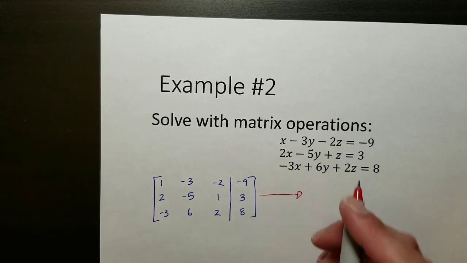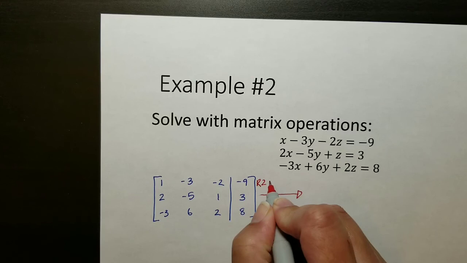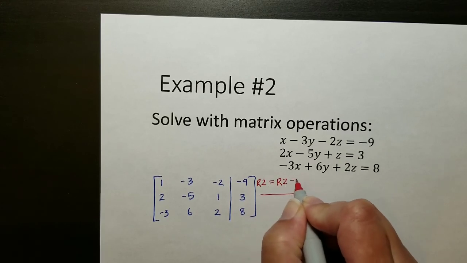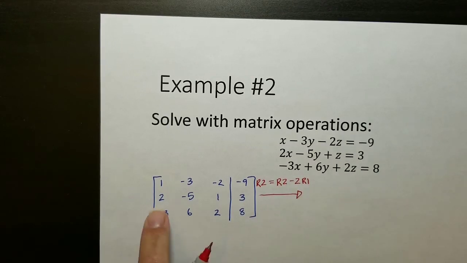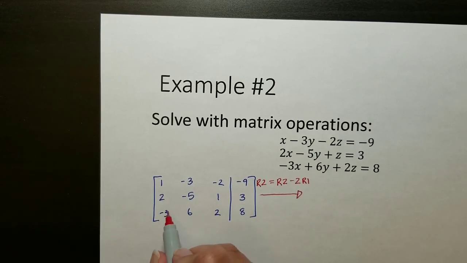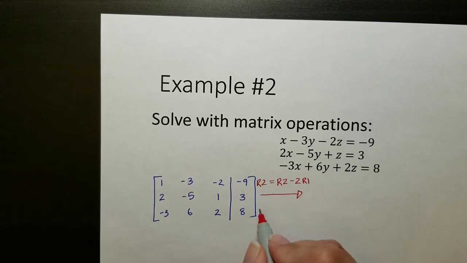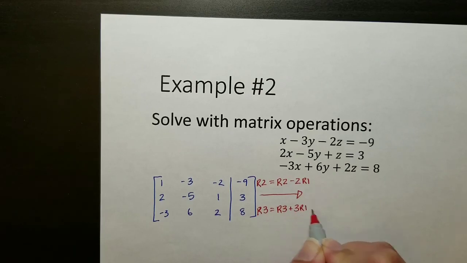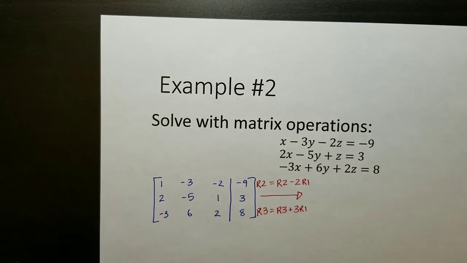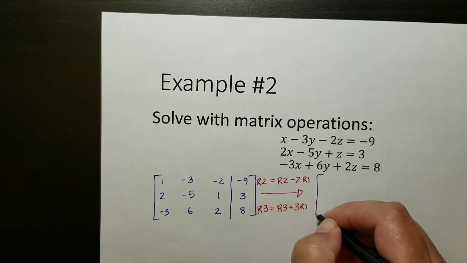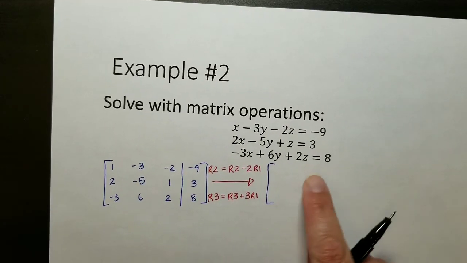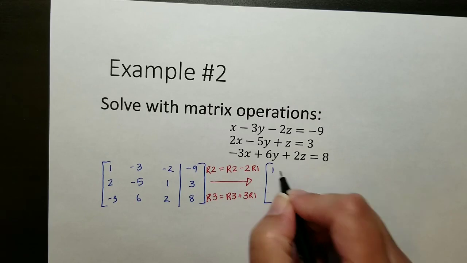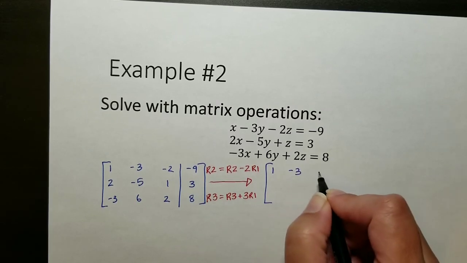So row 2 will be equal to row 2 minus 2 row 1s. So whatever is here minus 2 of the 1 above it. And then for row 3, I have a -3. I'm going to do row 3 equals the old row 3 plus 3 row 1. So I'm always using that one that I've already kind of created as a 0 or a 1 to zero those out. So I'm not touching row 1. I'm just going to copy that down